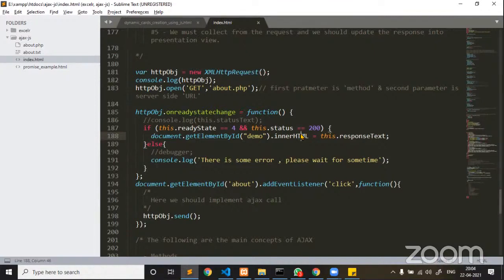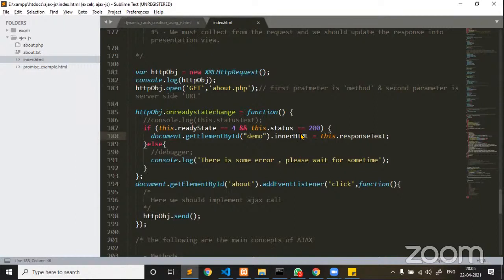Okay. Now, in order to ensure that the request is successfully placed and the response is collected, at line number 188 I have used ready state and status, and the response which we have collected from this dot response text. The response could be in the format of JSON, or HTML, or a string, or XML.